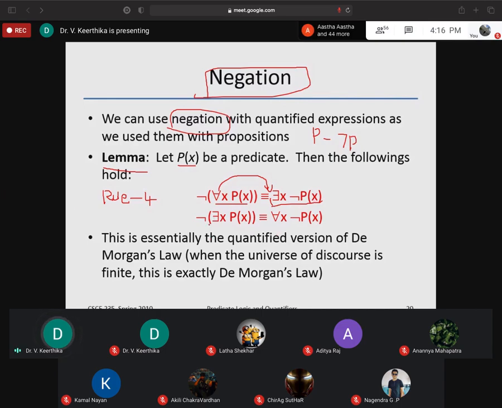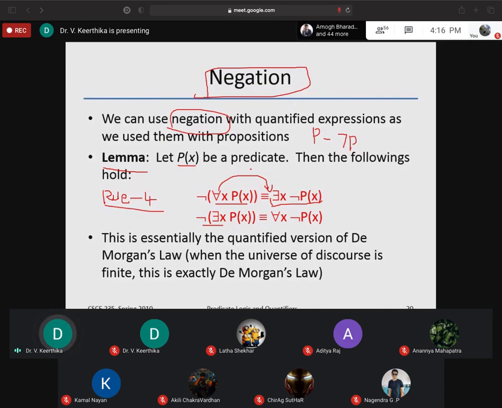Okay. So in the same way you can do it for the other quantifier, called the existential quantifier. What is the existential quantifier here? For some value of x, P of x can be true. So the negation can be: for all the values, P of x is not true. So the negation will come inside and the quantifier changes. This is called rule 4, and also called the negation of the proposition.